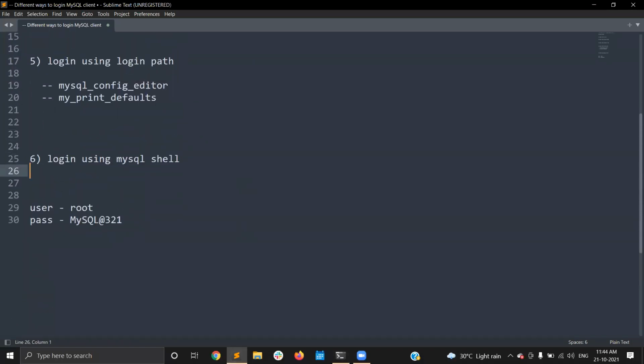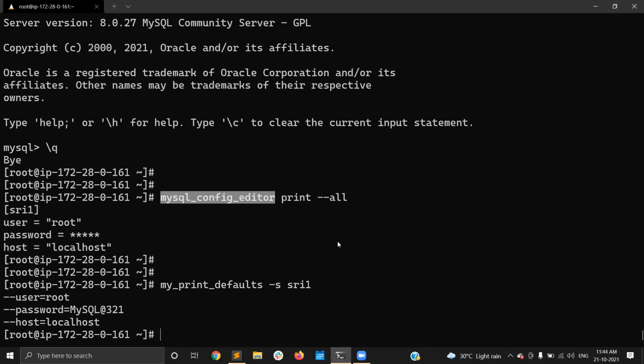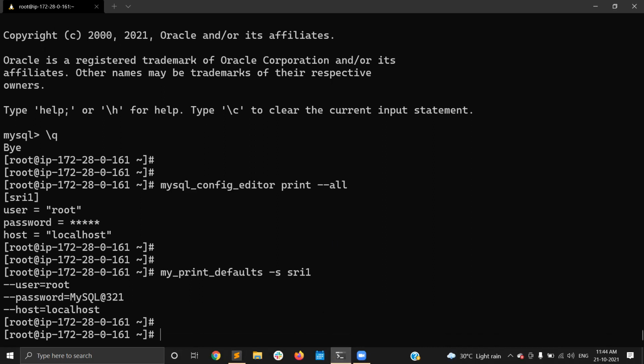So the next one is logging in using the MySQL Shell. As I told, MySQL Shell is the recent, latest tool. To use the MySQL Shell, you have a separate package; you need to install mysql-shell.